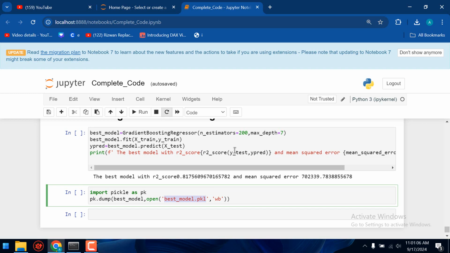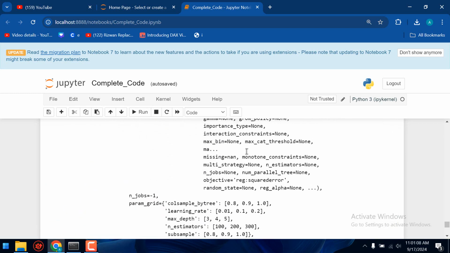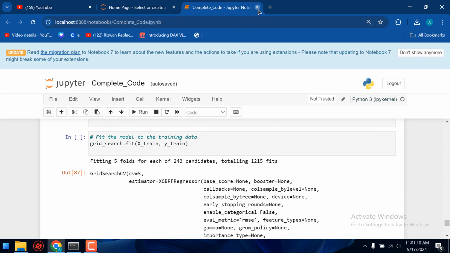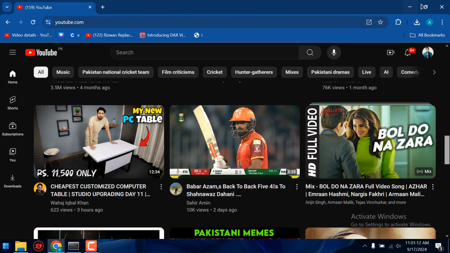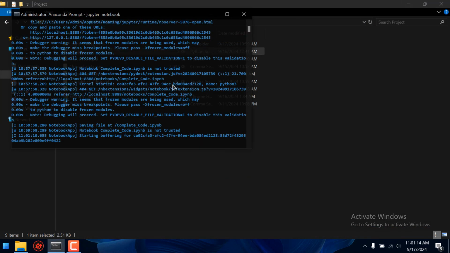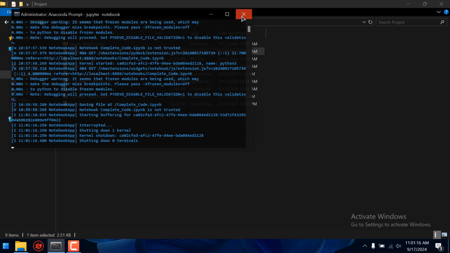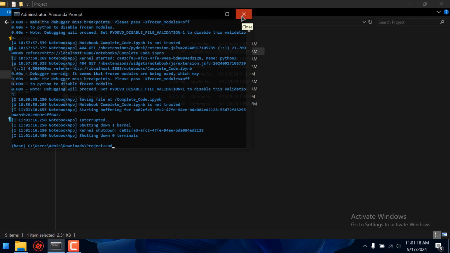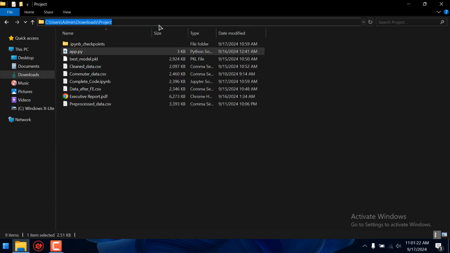Now let's move on. First of all, I want you to download Jupyter and download Visual Studio Code. Then we will start the other processing here. Now, how to use Visual Studio Code.